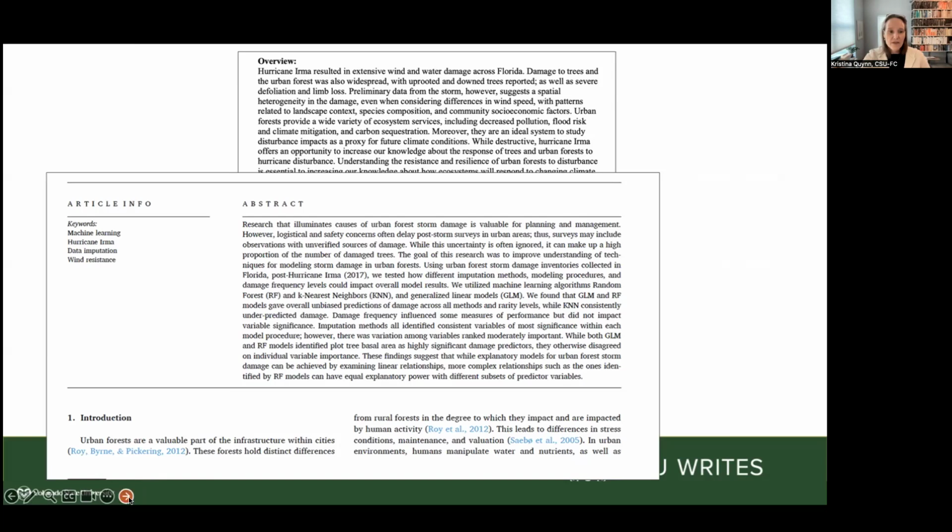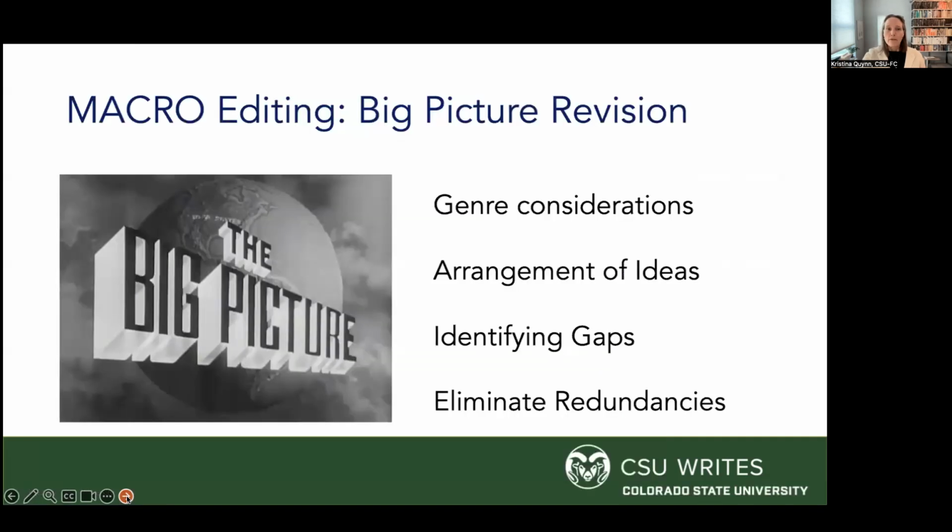The proposal itself is a structure where you start off with the action itself, right? So Hurricane Irma is the action. And then here in the abstract for the paper, it's research that illuminates. So you can get a sense of even how it's directing. It's the very same content, by the way, very same content, directed to specific genres and audiences. So when we're thinking about those genre considerations, we're really at the big picture, those macro editing elements. And it behooves you to be thinking about how your work should be structured for your readers of that particular